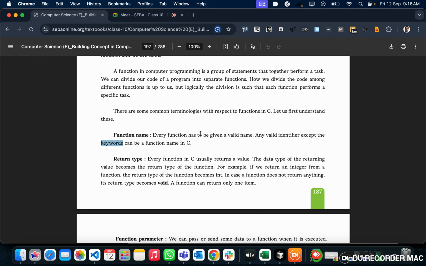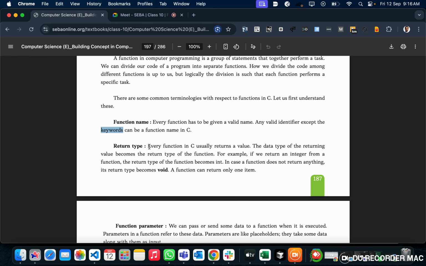Then the return type. Every function will return something. You can think of a function like, say for example, you are making a phone call to someone. That phone call can be for a particular purpose, right? You wanted to know when your friend's birthday is. The moment you